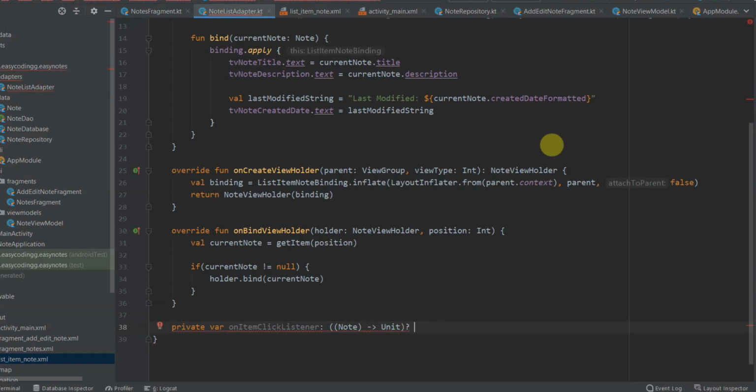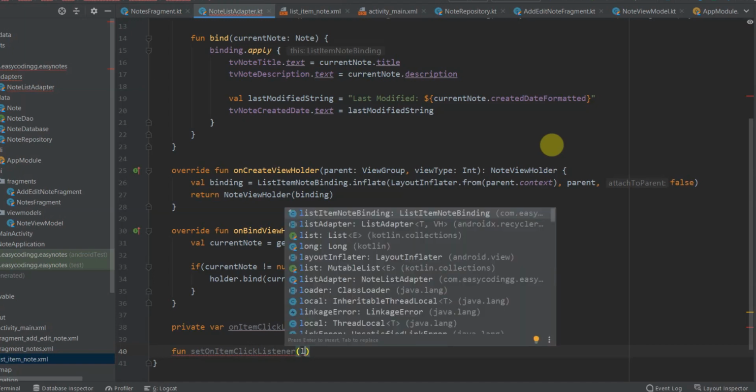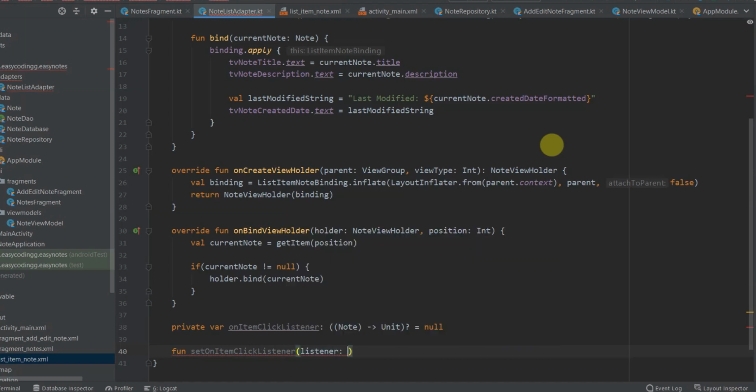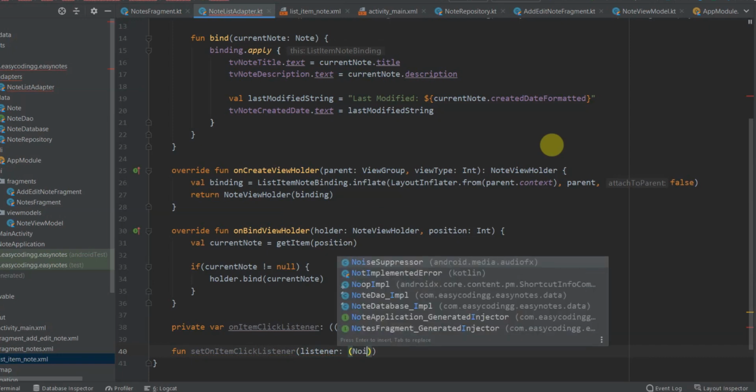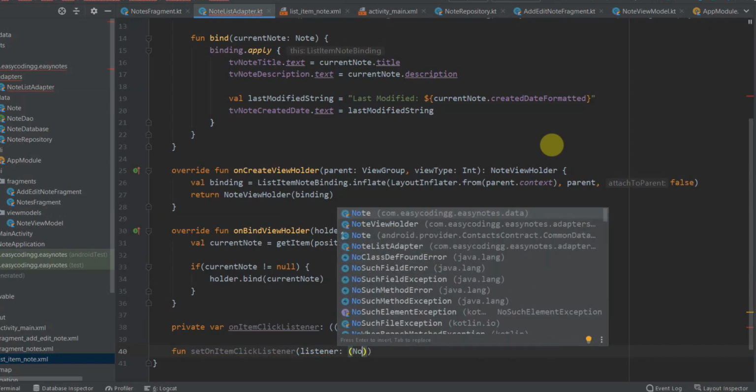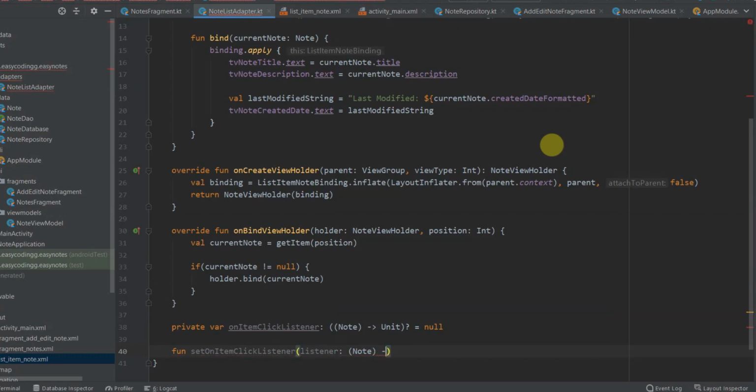It will be of nullable type and initially we'll set it to null. Then we'll create a function setOnItemClickListener. It will take a lambda function as a parameter which will be of the same type as our onItemClickListener. So it will take a Note as a parameter and will return Unit.